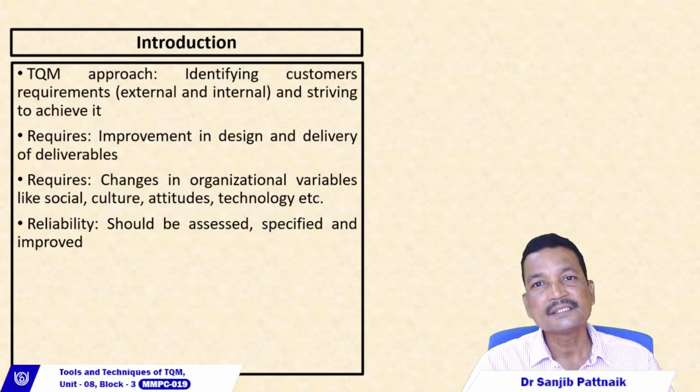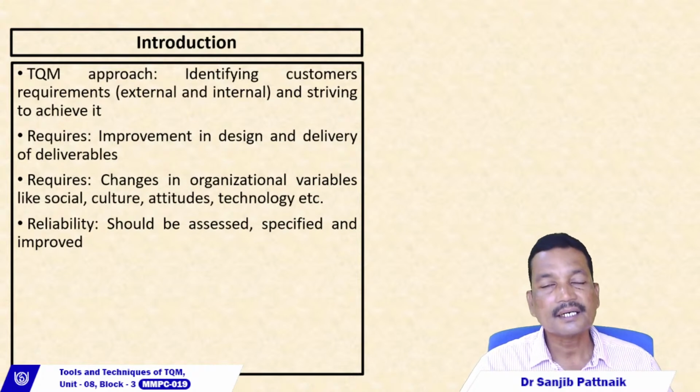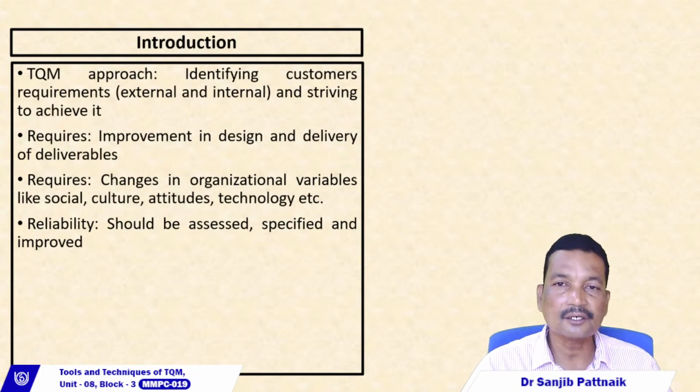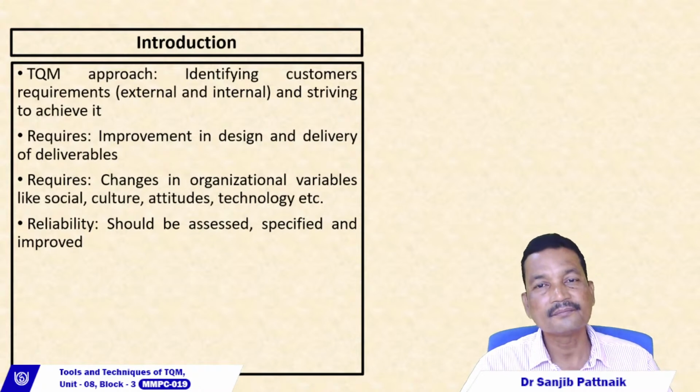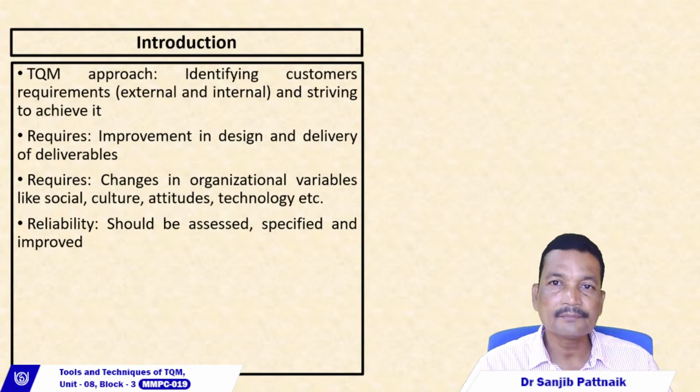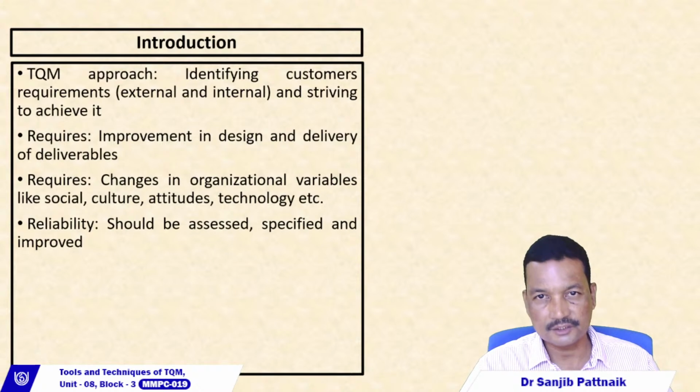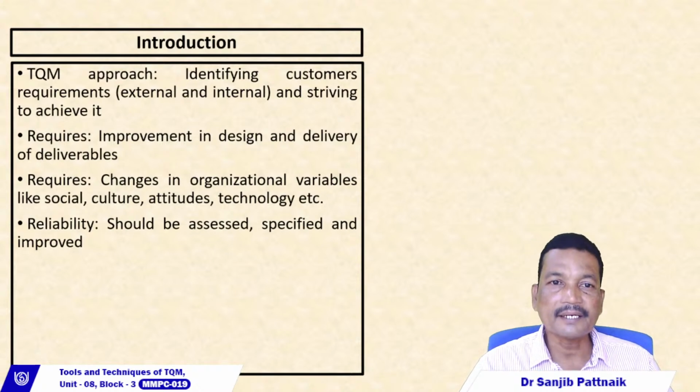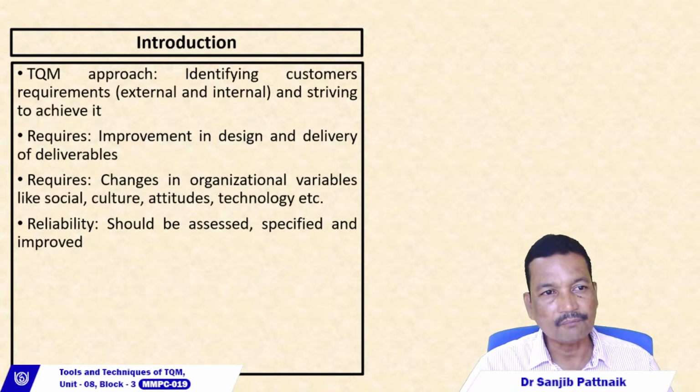That means it tries to make the organization run in that direction which will fulfill the requirements of the customer. Thereby, what will happen? We say that yes, we are able to deliver the quality items to the customers. So when we are talking of total quality management approach,